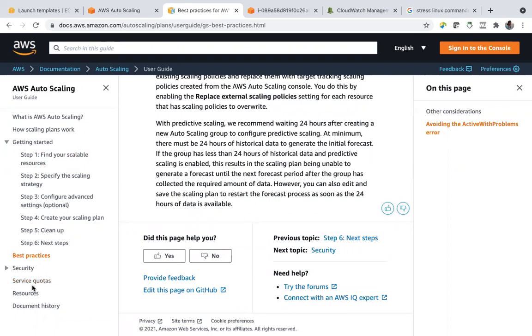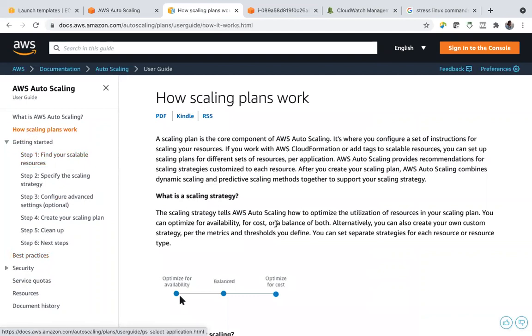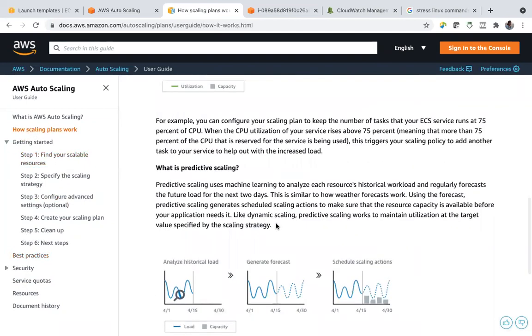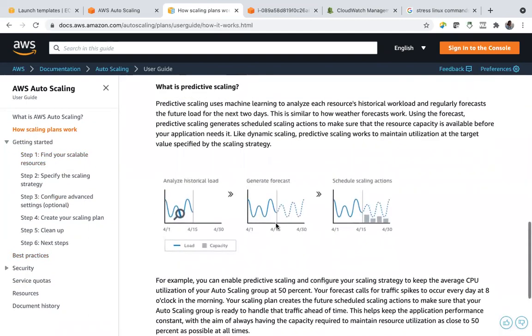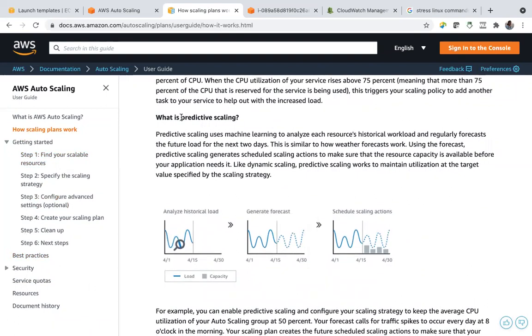Security, all these things are there, but how scaling plans work. So predictive scaling is a new addition, I would say.